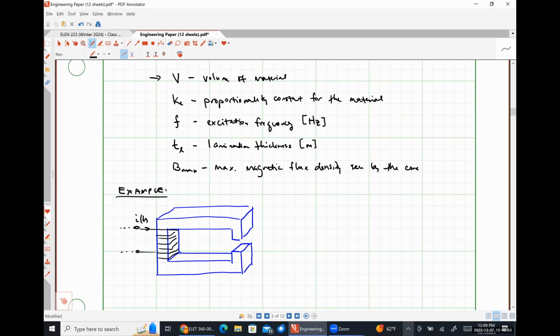Let's say that our core is made of M-1929 gauge sheets of steel. And our stacking factor